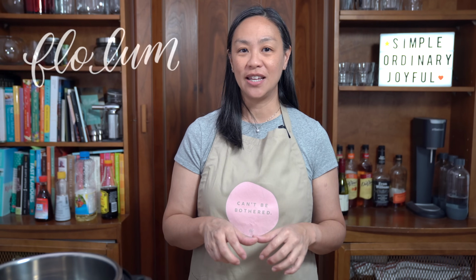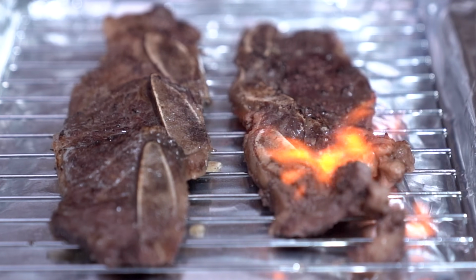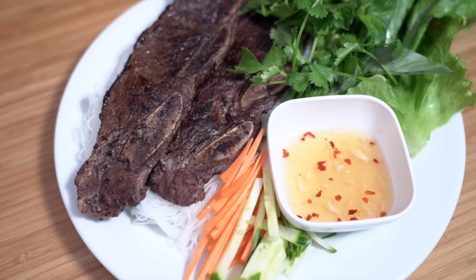What I love about this Vietnamese dish is the freshness of the vegetables, flavorful beef, and the intense flavor of